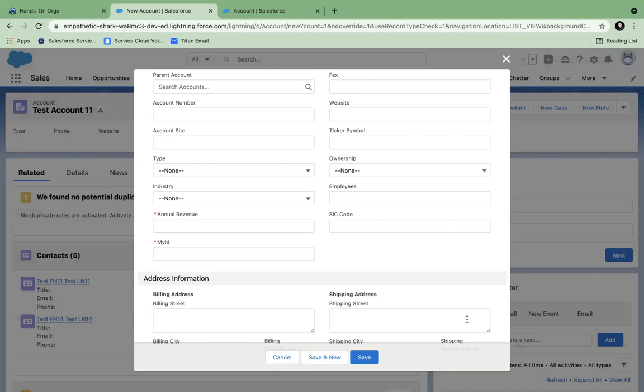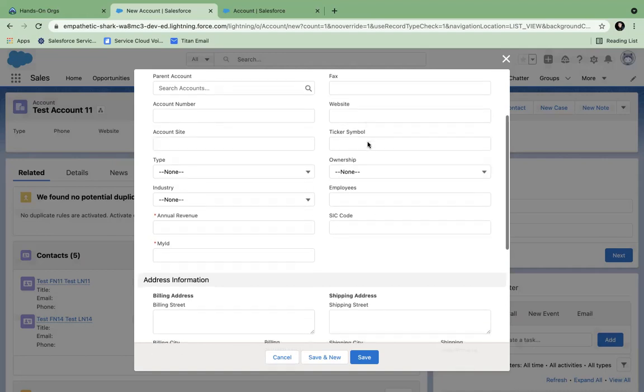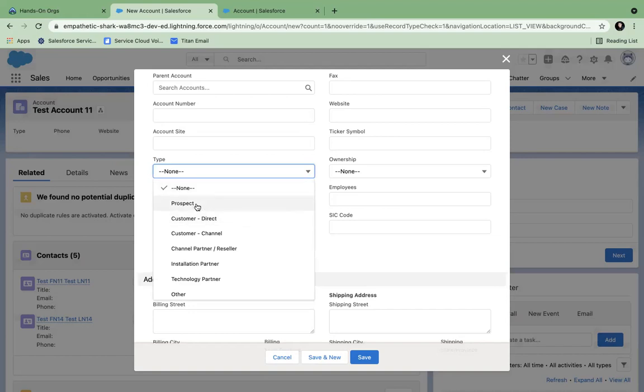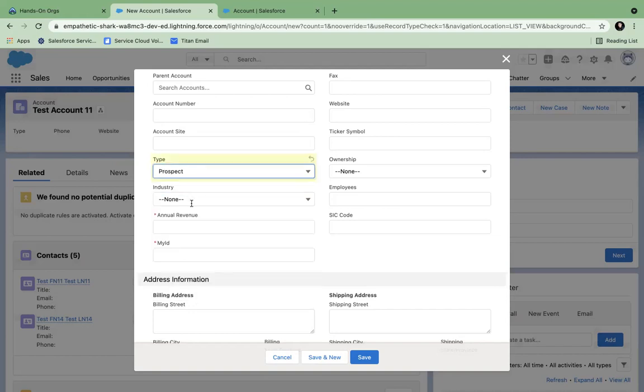If this is a user-specific or screen-specific mandatory field you want to make, then page layout is an option. We'll discuss in thorough detail and compare that. But let's see how we can make a field mandatory. Another thing you can say is that if the type is prospect, then the employee field needs to be mandatory. If it's a condition like that,